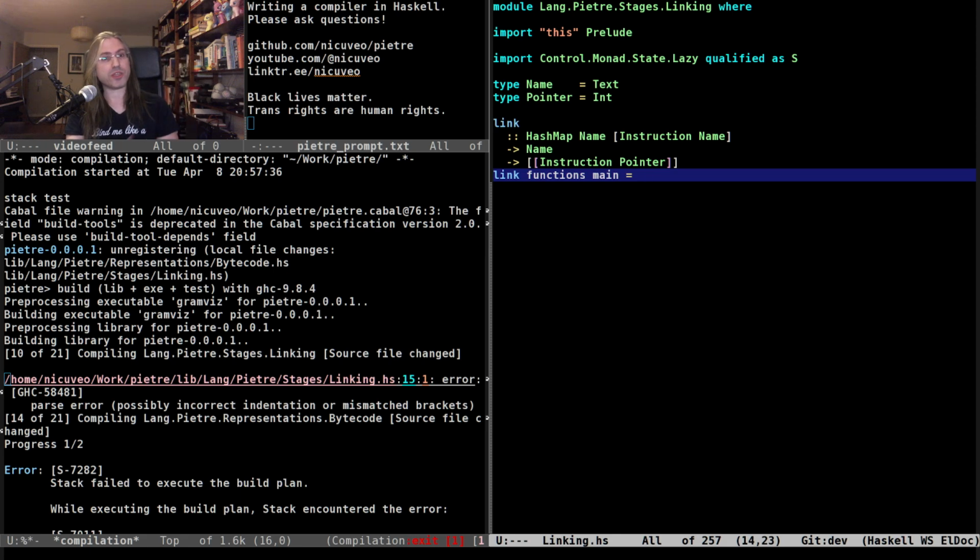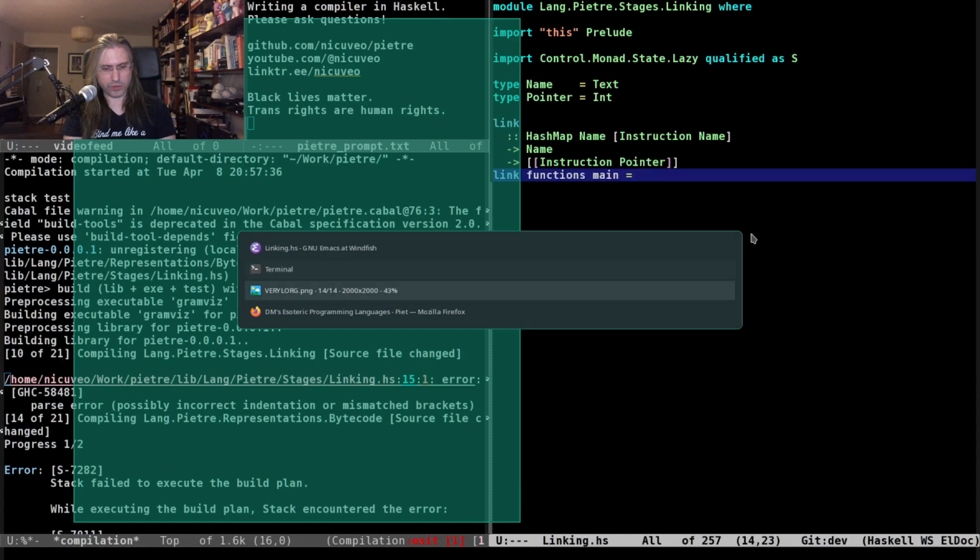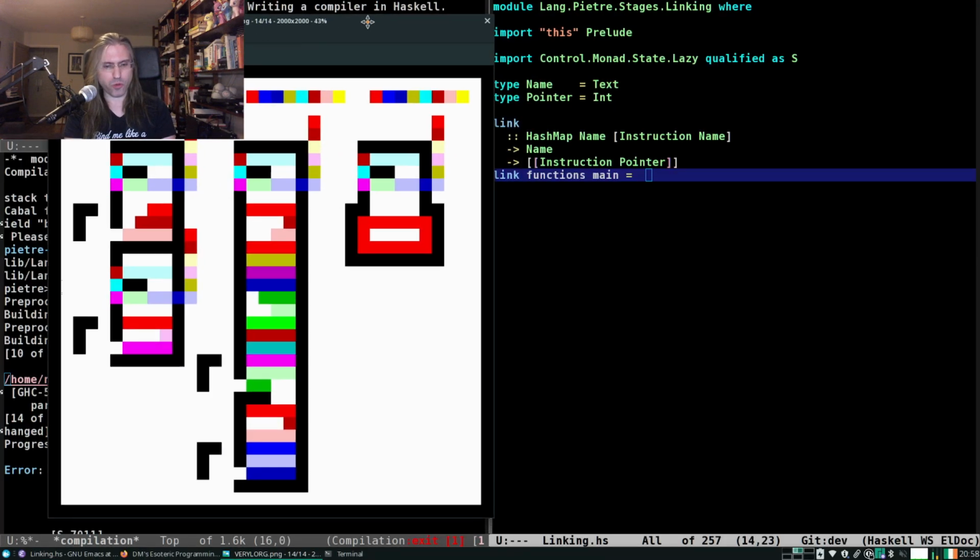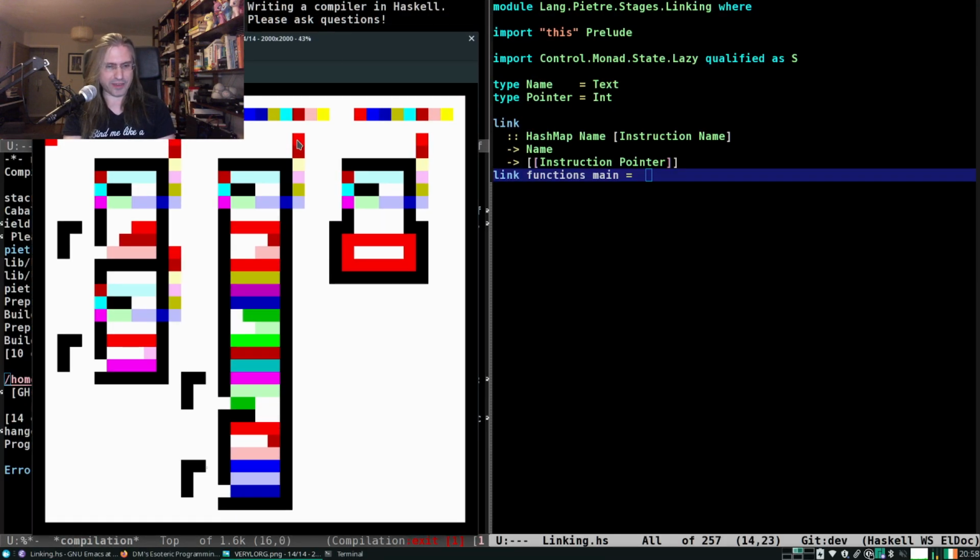We have the bytecode for each function, and we need to assign a unique address to each of them. If I look at this example program, which is the one that is in the logo of the project, each vertical strip is a function, and we are going to have basically an intermediate step between the AR and the image generation, which is, okay, give us some bytecode, which is the list of instructions, and we're going to need to assign a unique address to each function and to each entrance within the function. So a return address after a function call, or an address for a branch or a go-to, that kind of stuff.